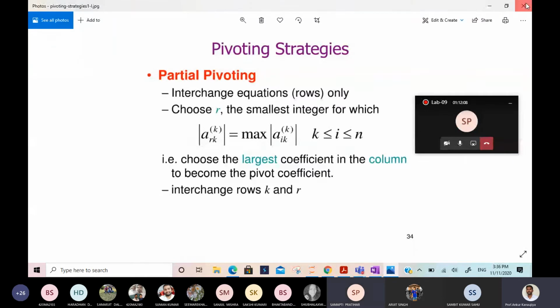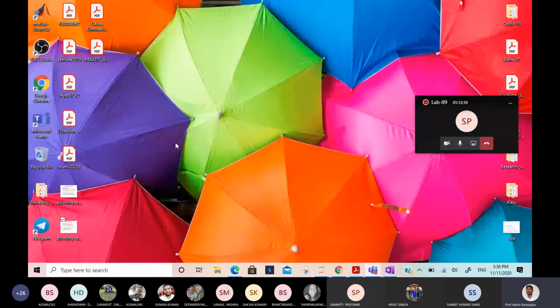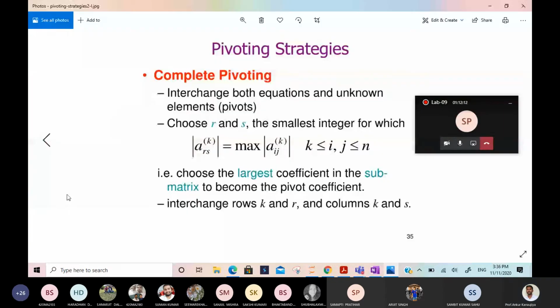Okay, now I will show the complete pivoting and I will ask you what you understood from this. Just read this and tell me what you understood. Is there any difference between complete and this? Just check it and see. Here also we are finding the maximum, and then we are interchanging the row and column both. There also we are finding the maximum, here also we are finding the maximum, but here we are interchanging both row and column. Is there any difference between complete and partial?